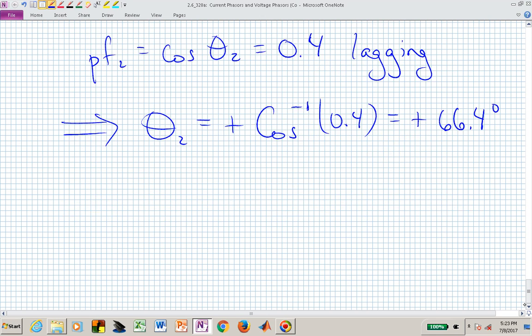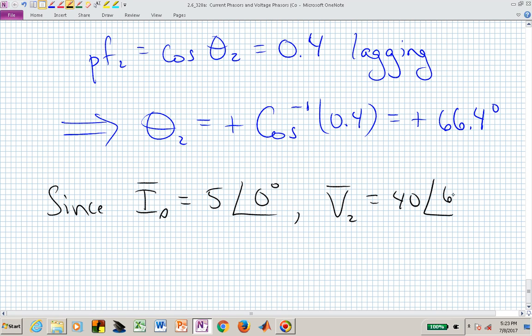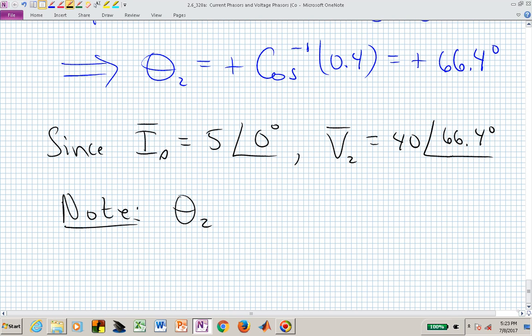And since we know that the current was the reference phasor, then V sub 2 is actually going to be 40 at 66.4 degrees. And the reason I can say that is because theta sub 2, which is this,